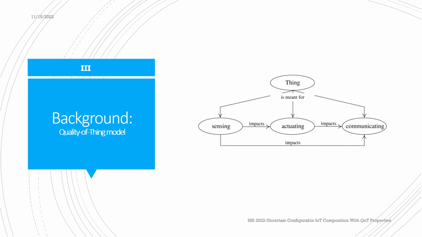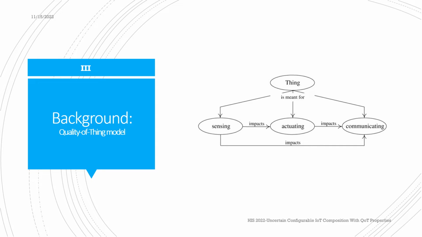So considering the most suitable model to represent quality in the context of IoT, let's consider the QoT model that has been proposed by Mohammed et al. That defines the non-functional properties of a thing related to its duties. This model would revolve around three duties: sensing, actuating, and communicating. As a result, a thing senses the surrounding environment in order to generate some outcomes. A thing activates outcomes based on the result from sensing, and a thing communicates with the environment based on the results